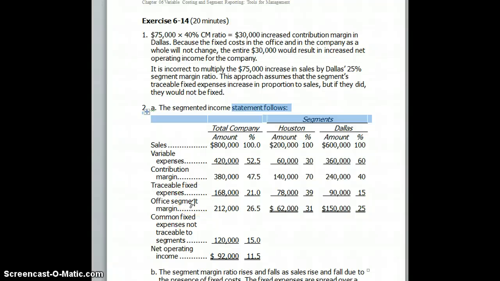We will now begin discussing the solution to exercise 6-14, working with a segmented income statement on page 260. This problem involves a company, Marple Associates, which is a consulting firm that specializes in information systems for construction and landscaping companies. What we have is segmented income statements in the contribution format for both the Houston office as well as the